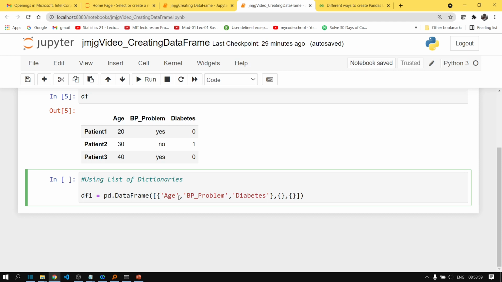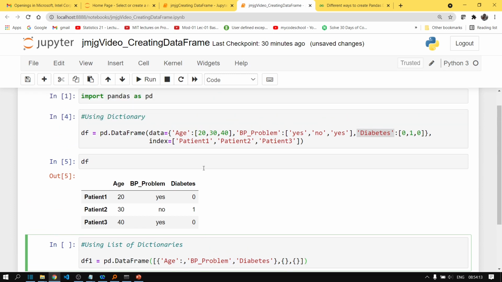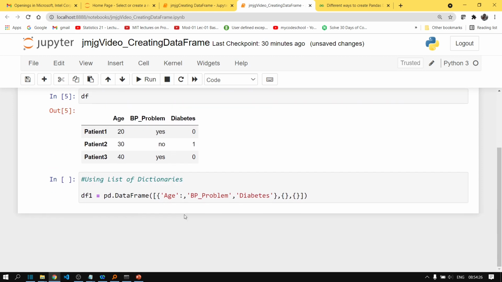But there is a difference between this approach and the above approach. As I just mentioned, here each individual inner dictionary will represent a single row. So instead of passing a list as the value of the key, we will pass a single value as the value of each key, because here each inner dictionary will represent only one row.